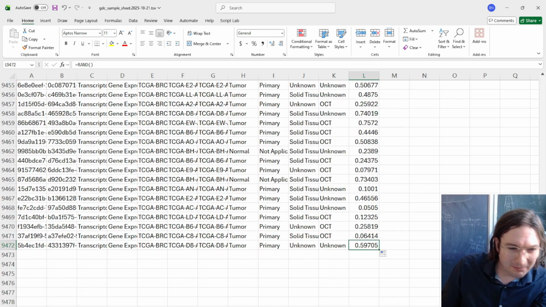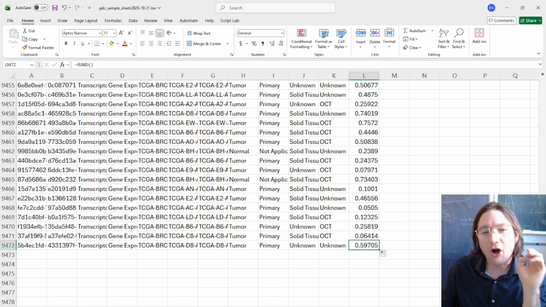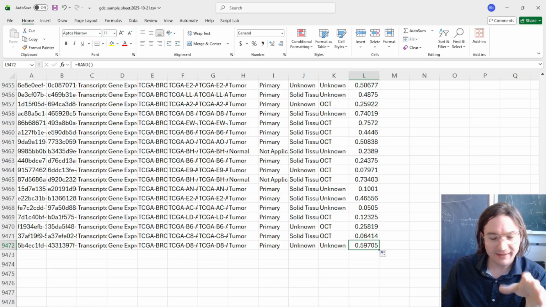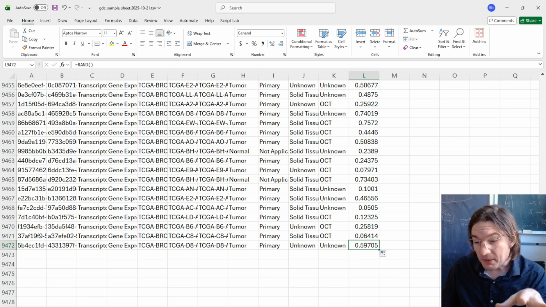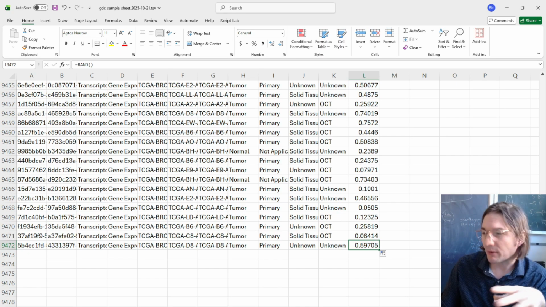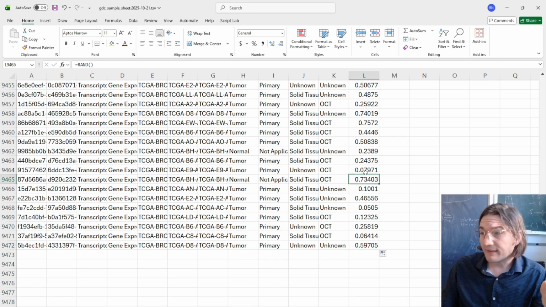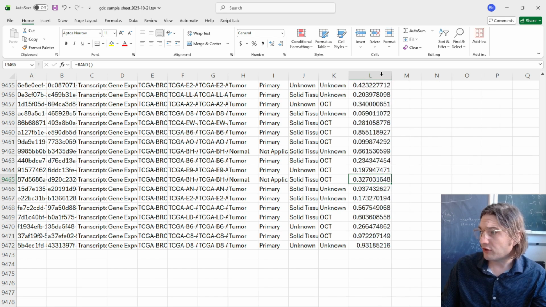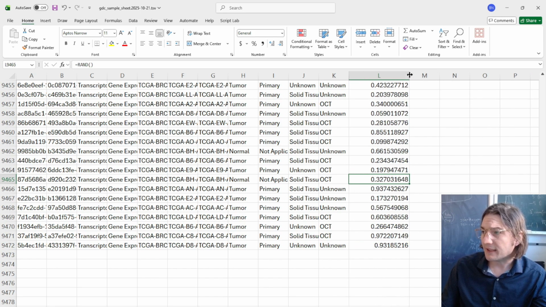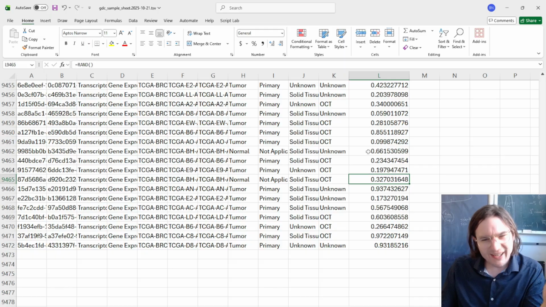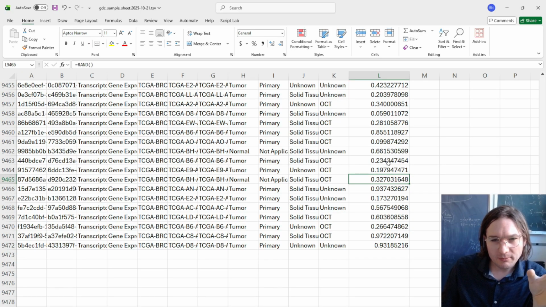Now, for the record, my data is absurd because this is all of the cases in the TCGA dataset, so I believe this is all of cohort 1, maybe cohort 4. I can't remember which sample sheet this is from, but at this point, I now have random values generated to a fairly large accuracy. As long as I have less than 1 billion rows, I'm going to do a pretty decent job